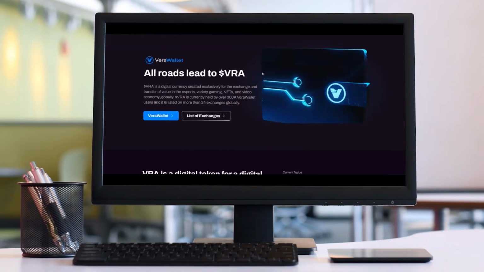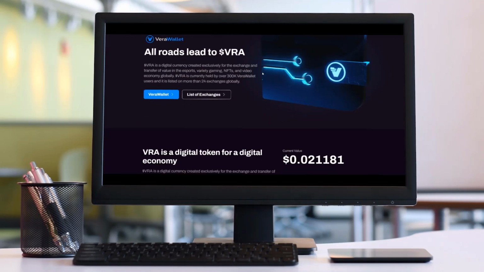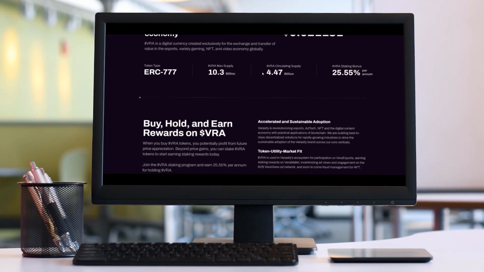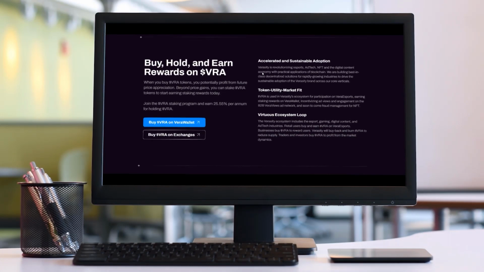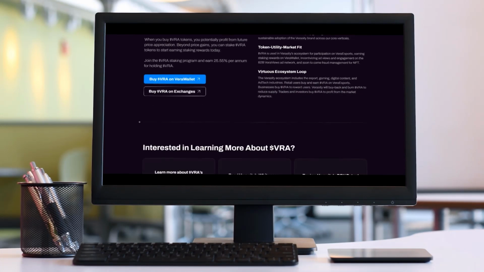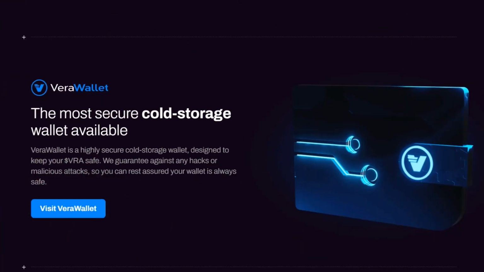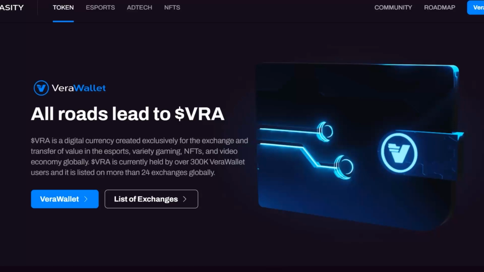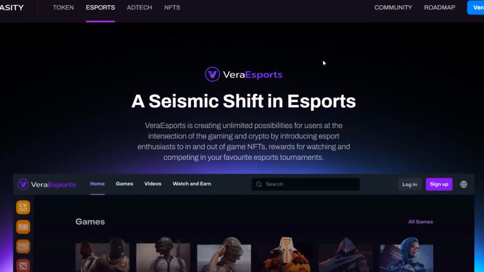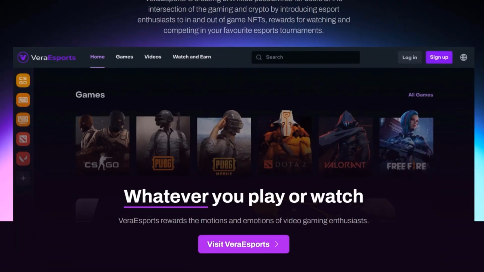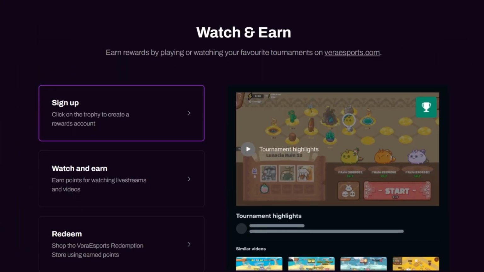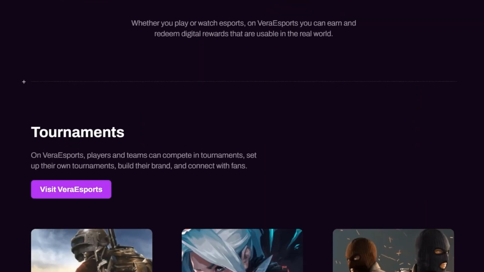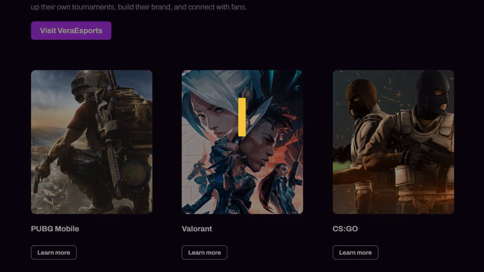Many experts believe that the esports industry has the potential to be valued in excess of $3 billion by 2024. To put it simply, anything that even has a narrow overlap with the world of online gaming has a lot of potential, with Veracity enabling esports and the video entertainment industry to stream on its platform. With the VRA token being used in online gaming, this token has good chances of breaking through the 10-cent mark and even exceeding $1 in the near future. By our calculations, we predict that it grows by a factor of 4 by 2023, a factor of 10 by 2025, and 35 times by 2030.